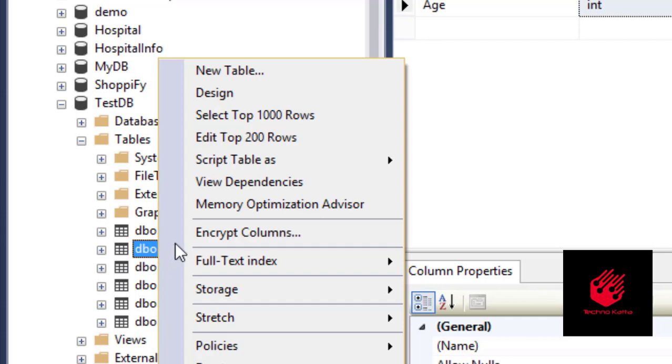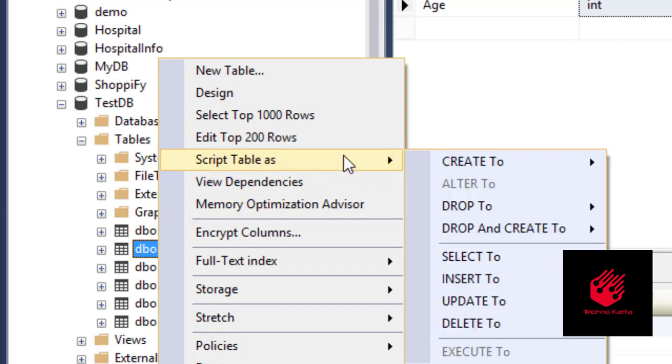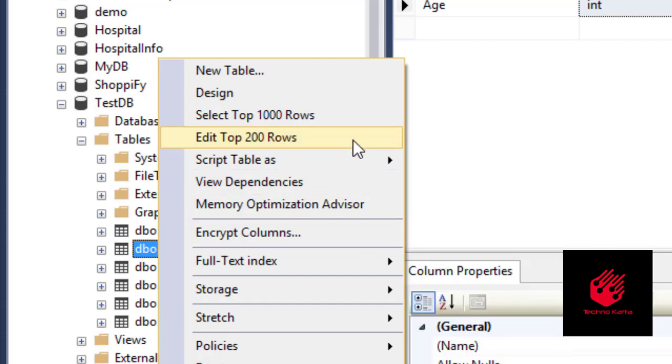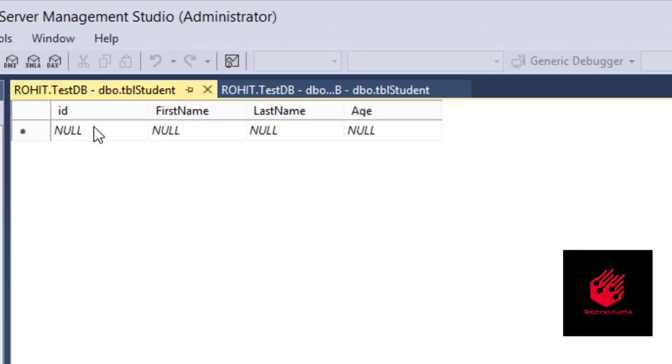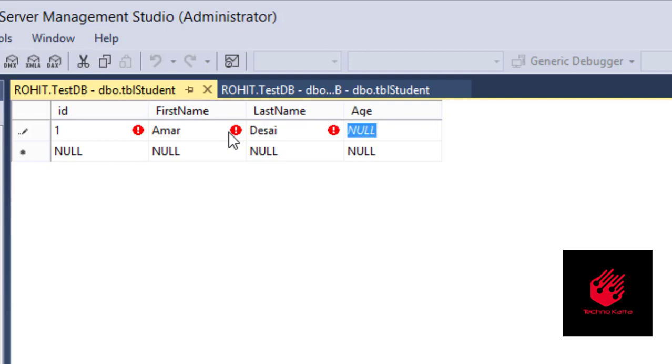If you want to put values, just click on Edit Top 200 Rows. After clicking that, you can insert some values in the table. This is the first value. I am putting Amar, tab, Desai, tab, age of that student is 20. This is the second record.